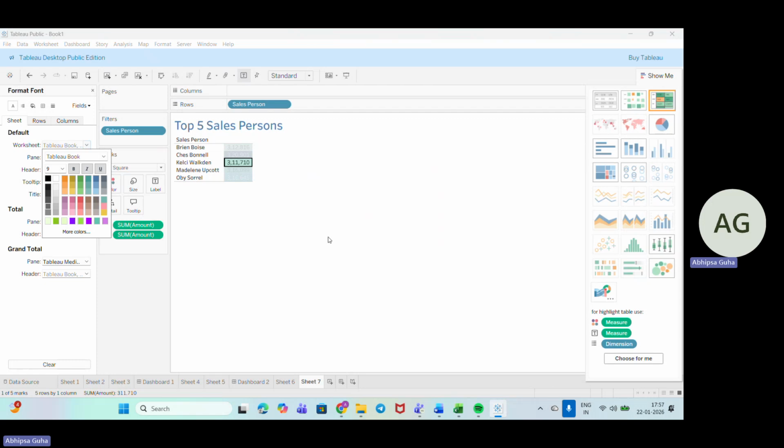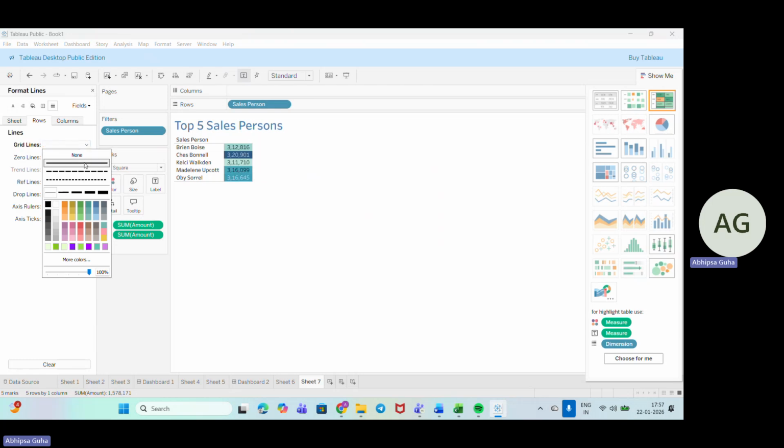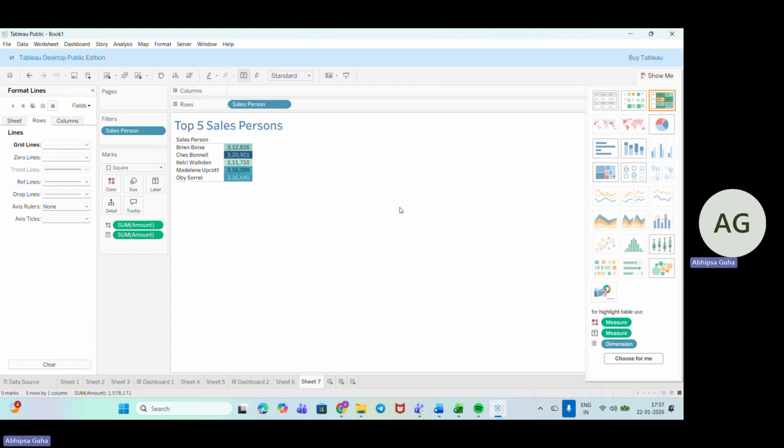In this worksheet, the header and the column are looking fine. This is fine. Yeah, that is also good. Grid lines, if I want, I can add grid lines. That is also dependent on whether I want it or not. So this is how we can put grid lines. Okay. Here, basically, we don't need any. So that is how we can put it.